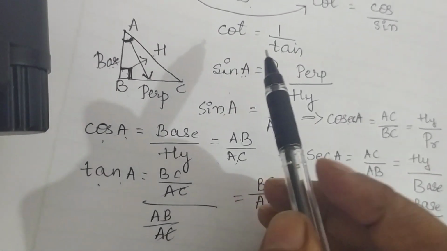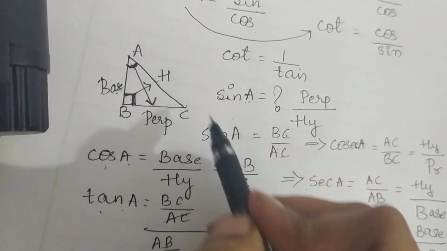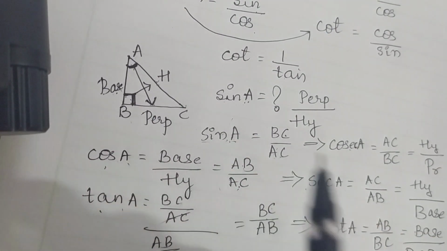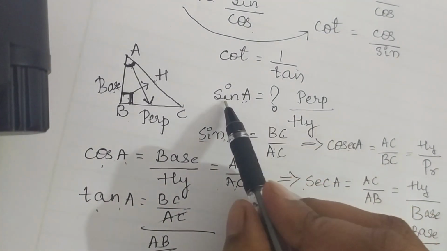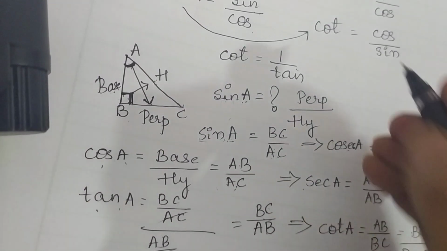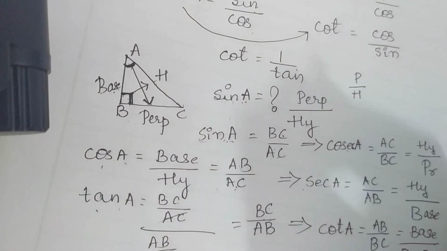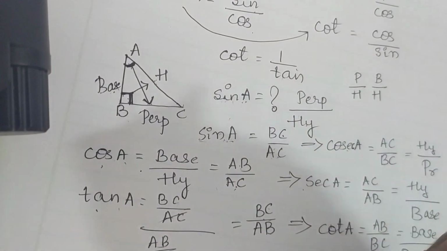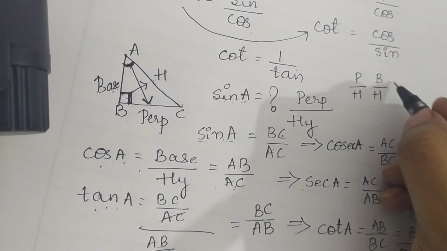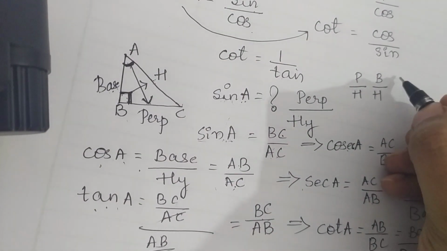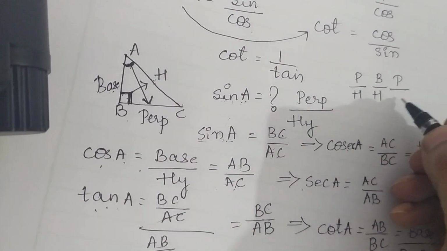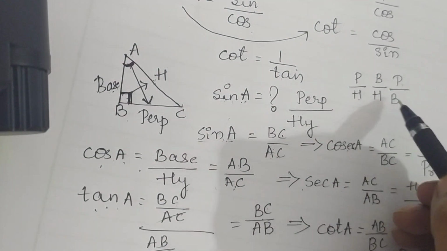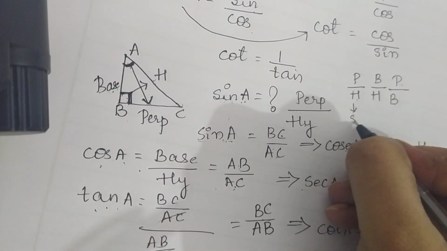One more thing to mention: whenever you are finding sine, it is perpendicular upon hypotenuse. When you are finding cos, it is base upon hypotenuse. Whenever you are finding tan, it is perpendicular upon base. Yes, P upon H, B upon H, P upon B. This is for sine, this is for